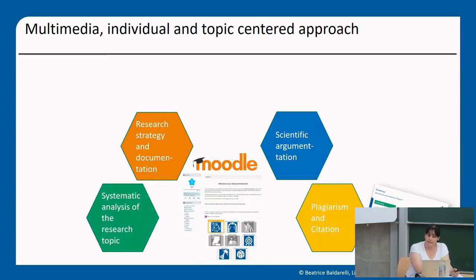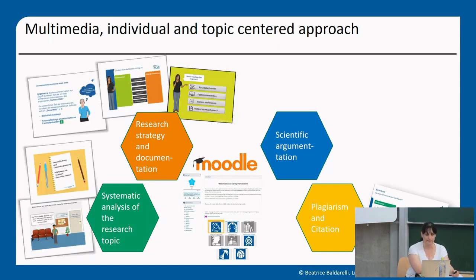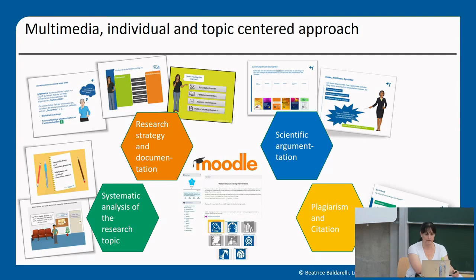One of the core elements of the program is the interactivity. We have striven to maintain this interactivity also during the coronavirus pandemic, transferring the contents of all 4 modules into e-learning units designed with the tool Articulate Storyline 360. The learning platform Moodle offers a suitable learning environment for the courses, and in addition, the possibility to collect learning data.